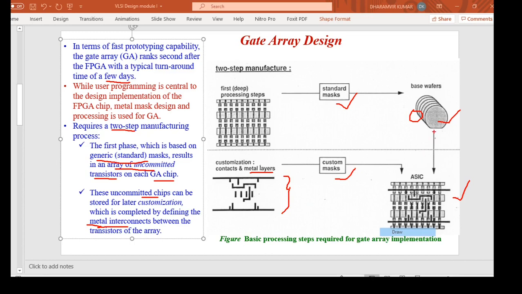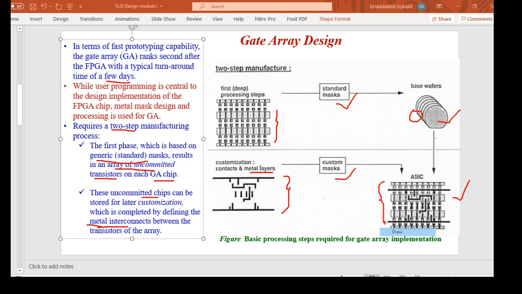These chips which contain only transistors, on the top of it metal layers are inserted. Look at this. Suppose this black horizontal line is one metal layer. Now this one black horizontal line is coming here, on the top of these transistors. Where are these transistors coming from? These transistors are coming from the first phase. So this represents the amalgamation of first and second phase.